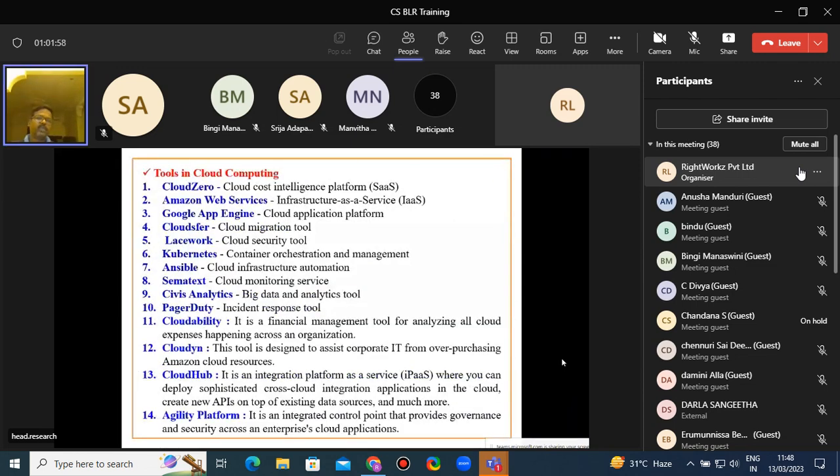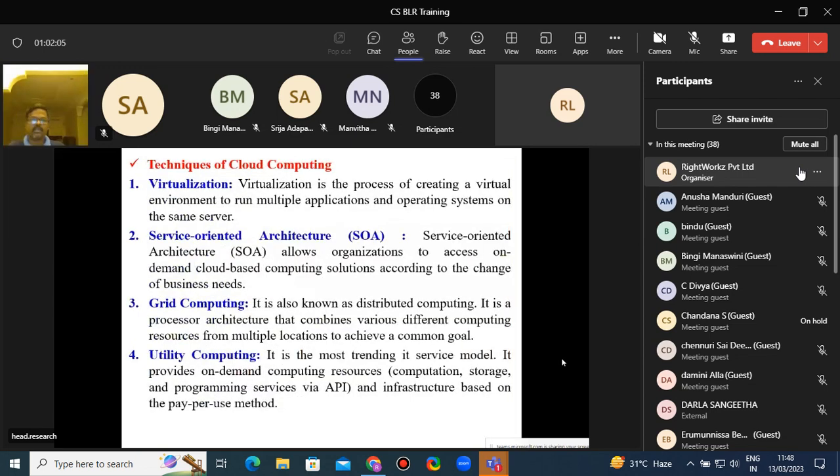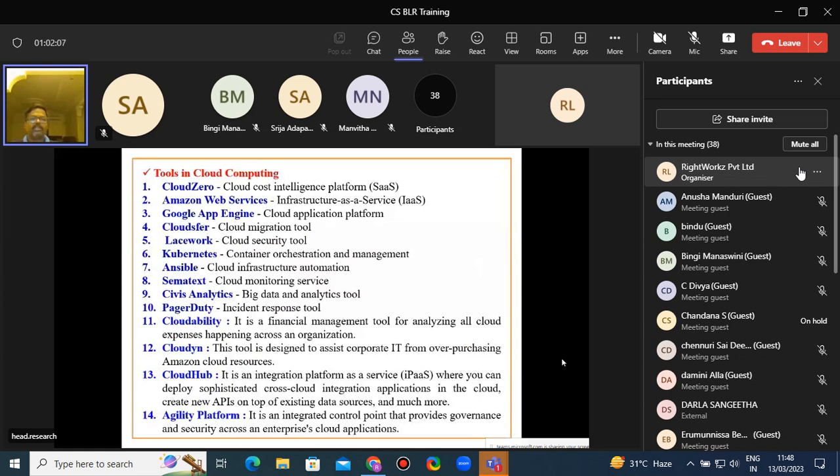Then tools in cloud computing. What are the tools we are using in cloud computing? CloudZero, a cloud cost intelligence platform and service. Amazon Web Services comes under infrastructure as a service. Google App Engine, cloud application